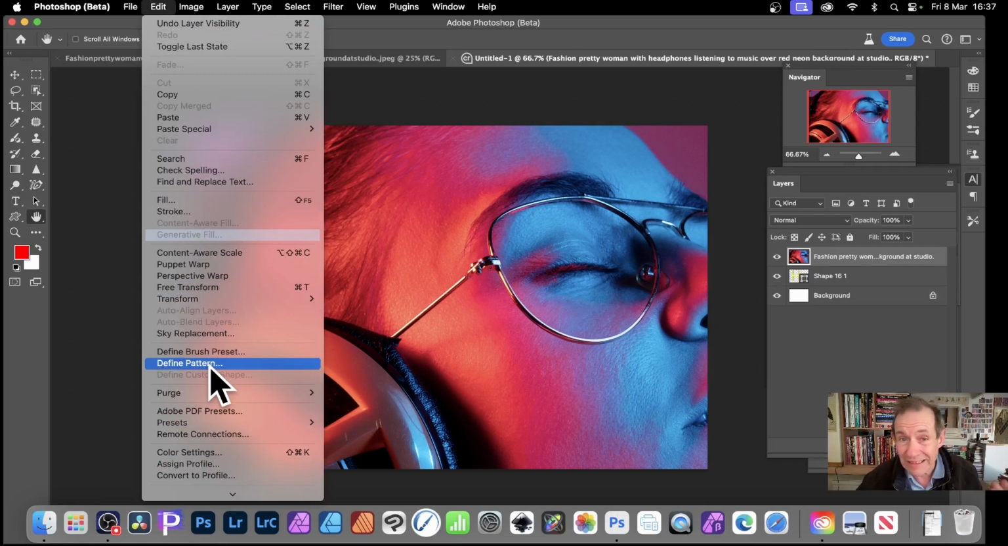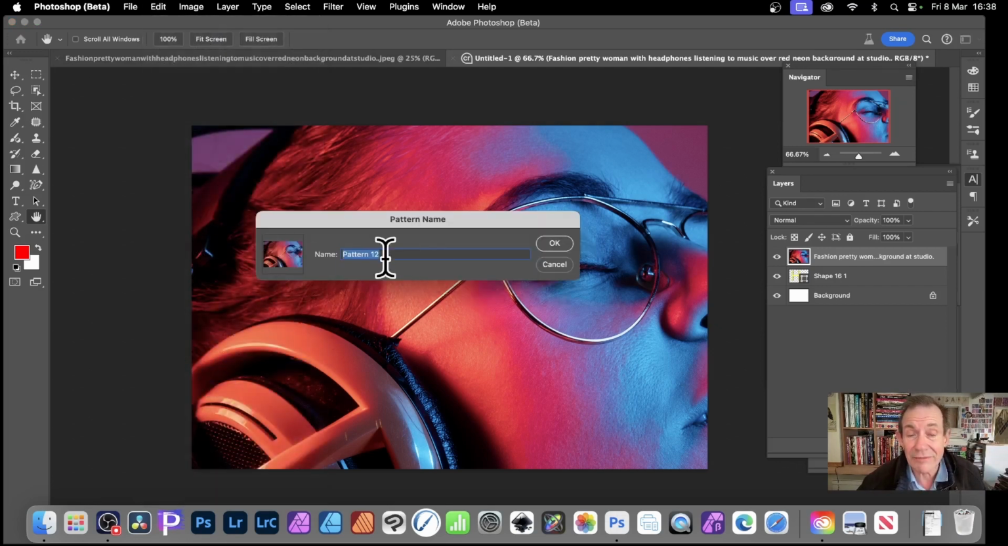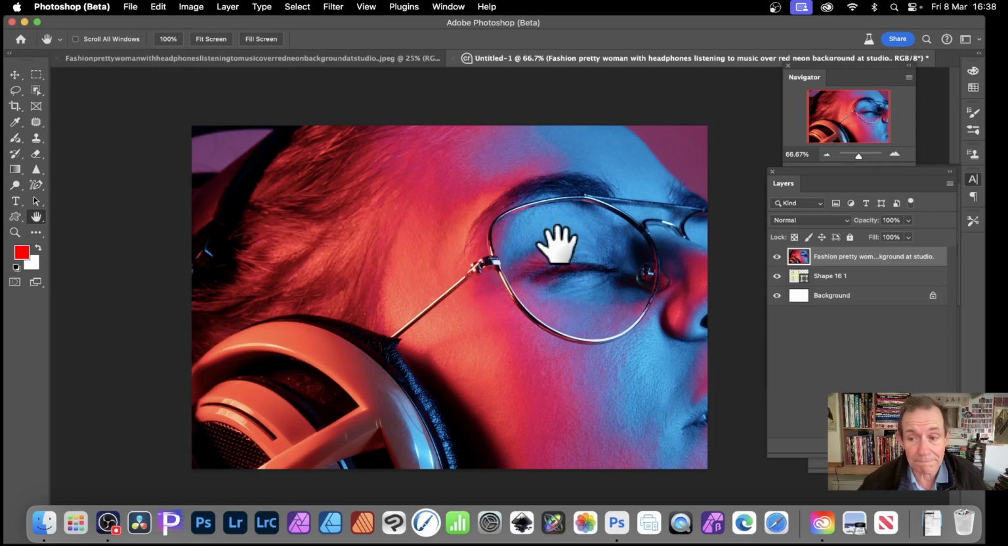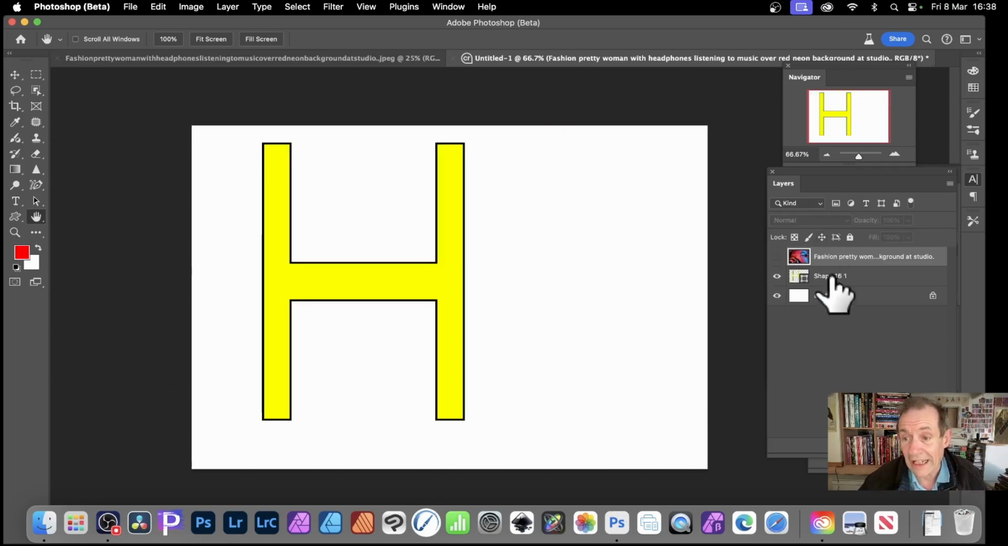Now the pattern can only be less than 5,000 by 5,000, so it won't work if you've got a really huge document. So Define Pattern, then give it a name. Obviously you can see the image there, and click OK. Now you don't need this anymore, so you can go over to the layers, just deselect that and select the